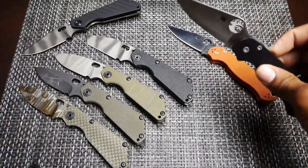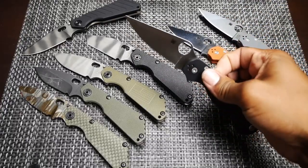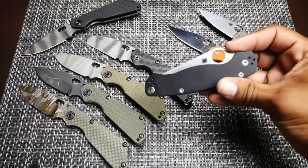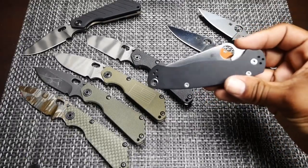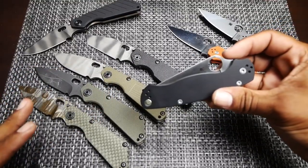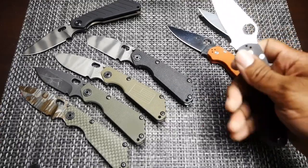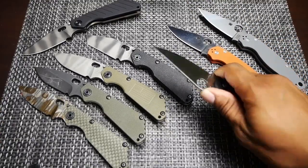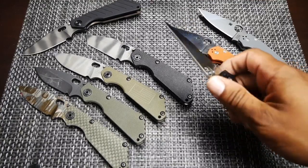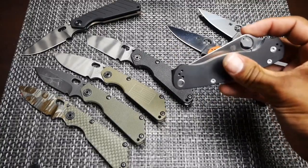Love the knife. Love the general design, just a good beater knife. Honestly, I'm probably gonna do a standalone video on the Paramilitary 2, because this is one of those knives that I've gone from having, like now I've got 4 of them all at once, to for maybe a year or 2 not having any of them. It's just one of those knives that it's good, it's nice, it's a decent user, but for some reason it never seemed to stick around with me